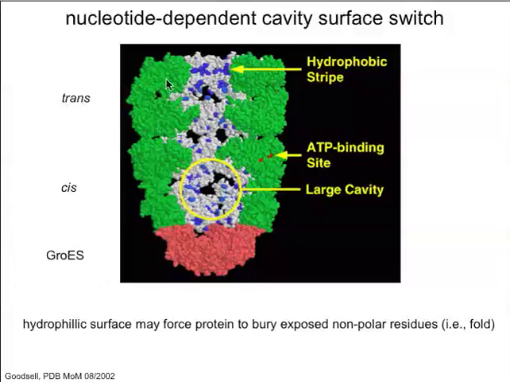So in this trans ring, we have ADP bound perhaps, or perhaps no nucleotide. And what we see in the cavity is that it's longer, it's narrower, and there's a very clear set of bands of hydrophobic side chains lining that cavity. Very easy to imagine in this trans ring an unfolded protein with exposed nonpolar surface area binding here, right? These are binding sites for unfolded protein. When we bind ATP, now the cavity structure changes dramatically, becomes much larger, and we have no clear patterning to our hydrophobic surface area anymore, and the protein can then fold.